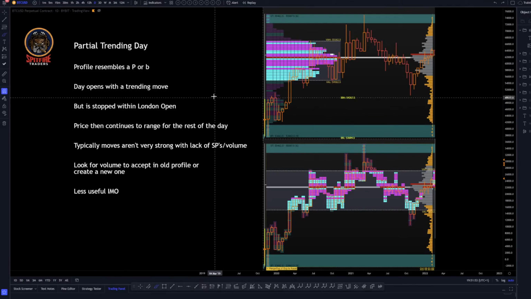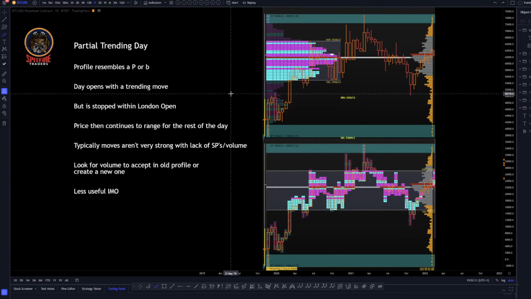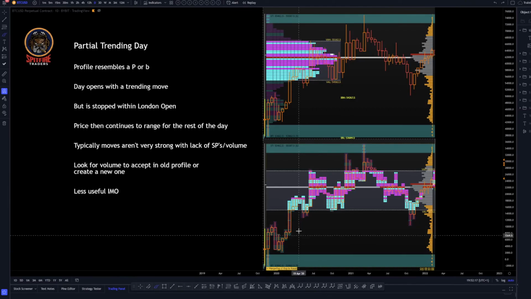So what a partial trending day is, and this isn't necessarily a strong trending day, but it can lead to more trending days, or when you see a slow bleed day, which lately has been quite the case. So the day opens with a trending move. By the way, this profile down here is the same profile, it's just expanded, so you can see it moving along with it. We've got the initial balance down here. We look like we're starting to form